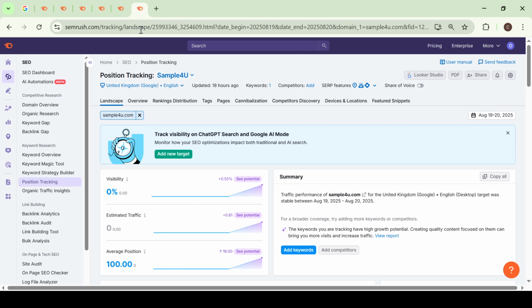With these steps, you're now equipped to use Semrush more efficiently for competitor research. This tool is incredibly powerful and versatile, providing insights that are key to amplifying your market strategy. Happy analyzing, and may this guide help you achieve